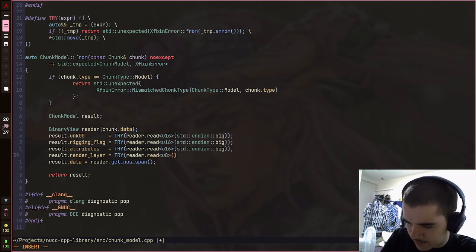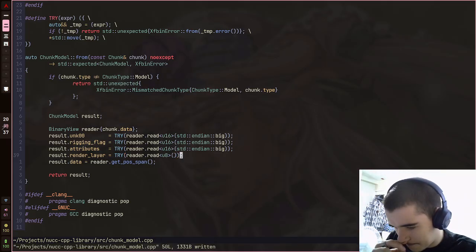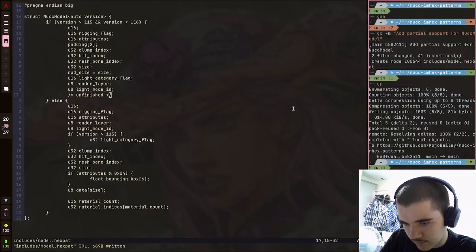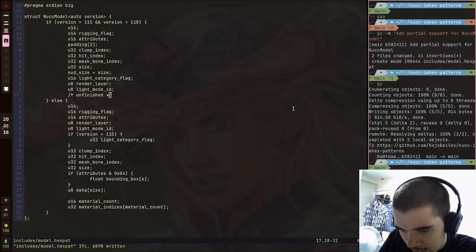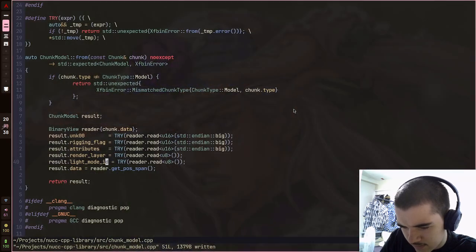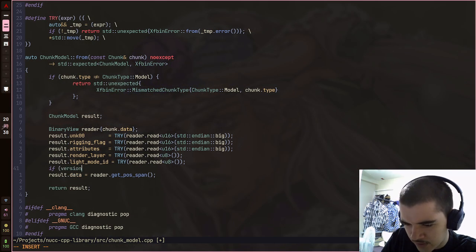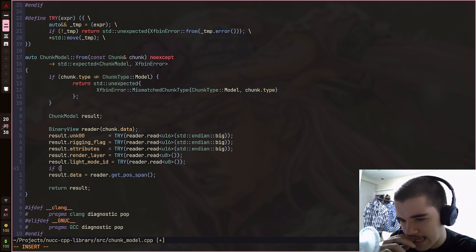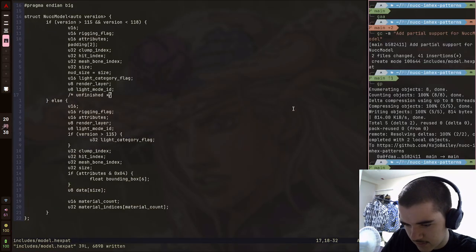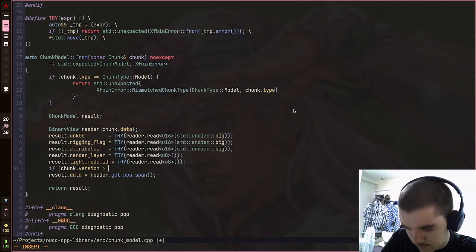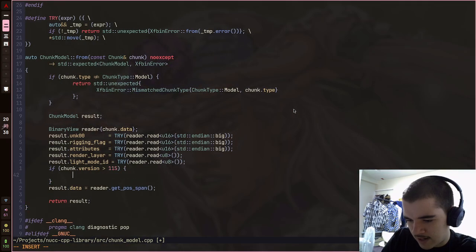For U8, endianness doesn't matter, right? Then the lightweight ID. Then if version more than 115. Yeah, so if version, where's version coming from? Chunk. So if chunk.version is more than 115, then